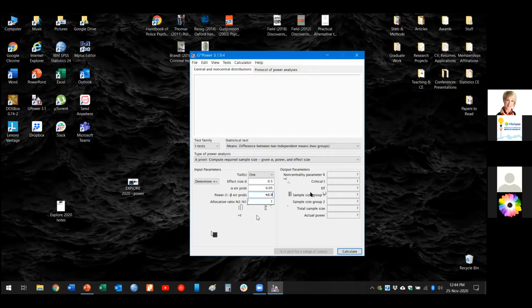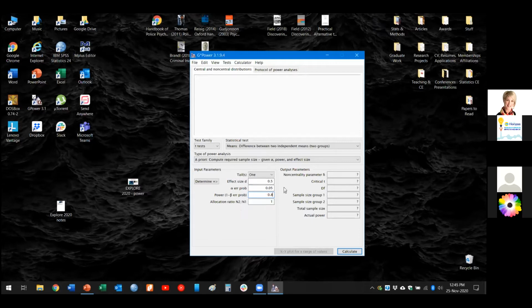And if I hover over this box, you can see that it gives me recommendations for effect size. So these are effect size conventions. These are based on Cohen's 1988 recommendations. So let's say in a study, I want to compare two groups on some outcome. I don't know anything about this research, so I'm just going to assume a medium effect size of 0.5.